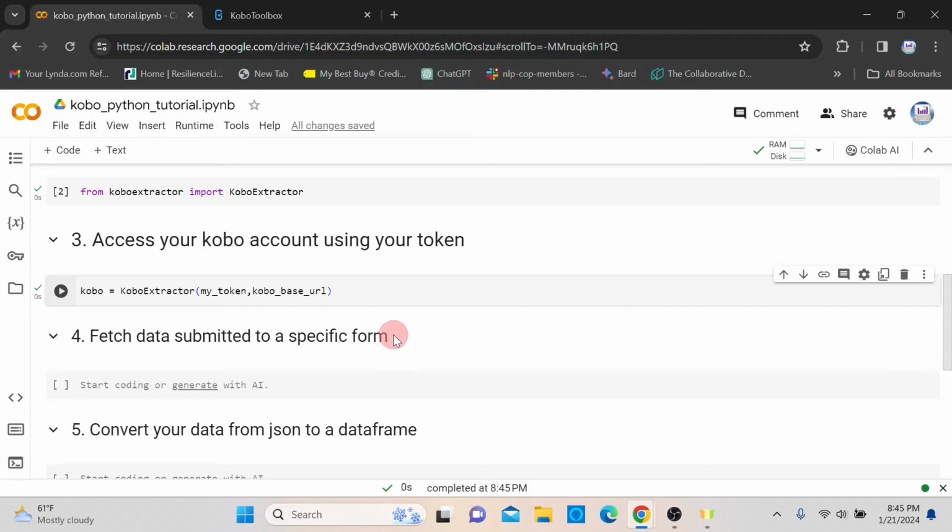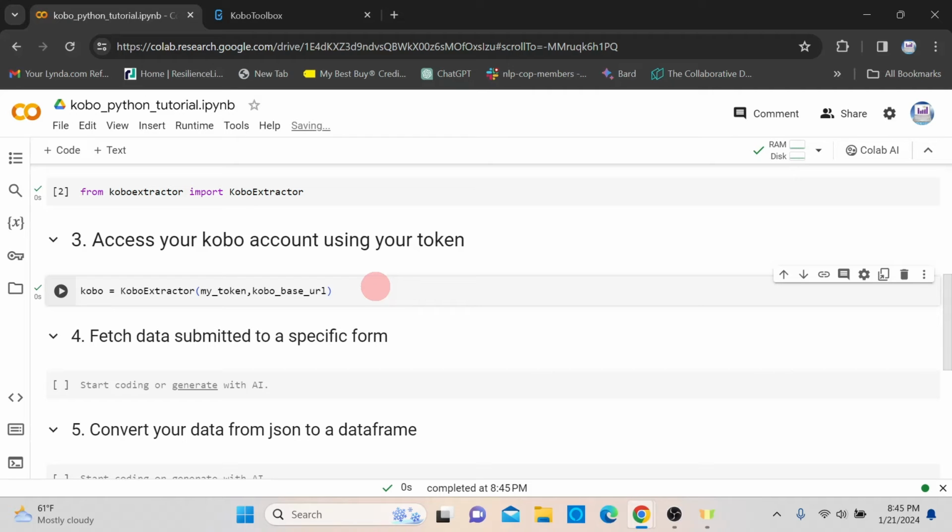So now we have accessed our Kobo account using the API key, which I saved as a variable called my token, and the Kobo URL, which I saved as a variable that I call Kobo base URL. So now let's go to the fourth